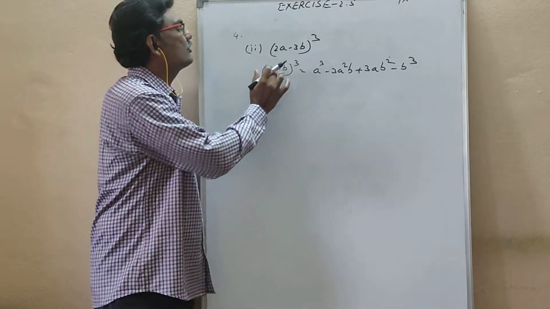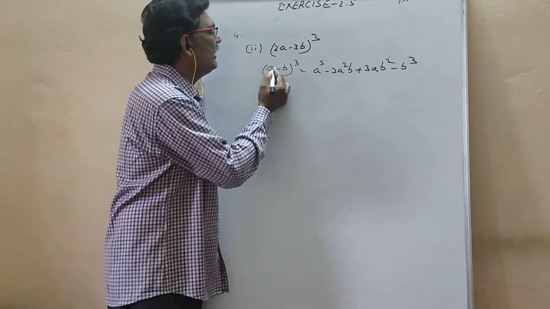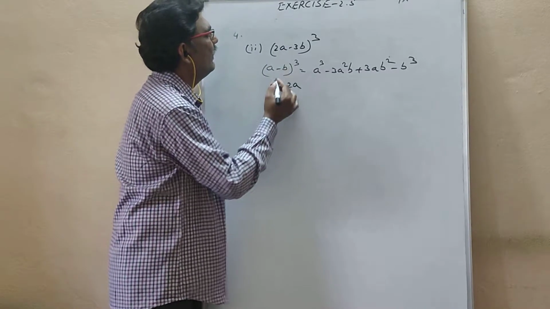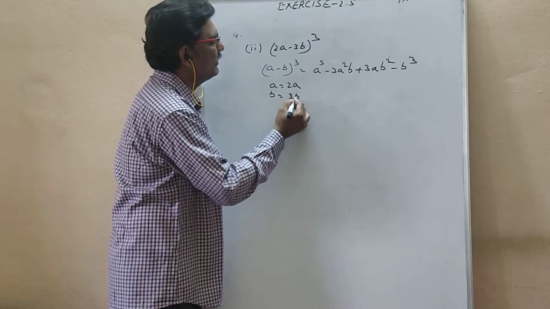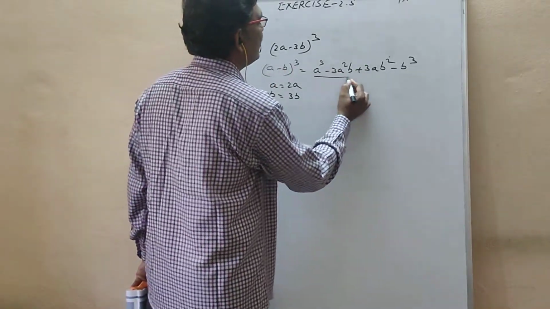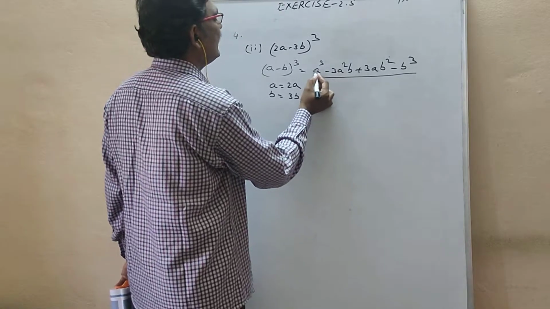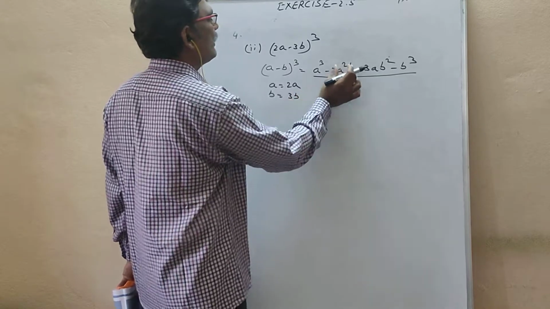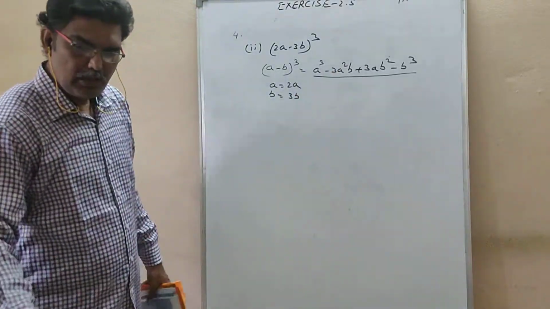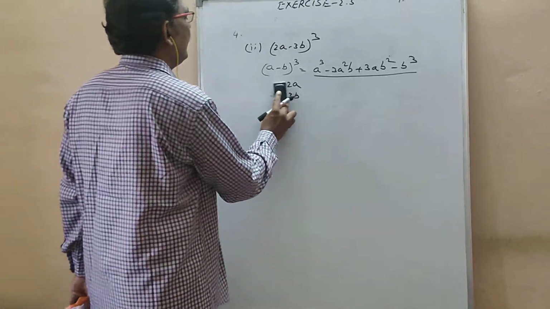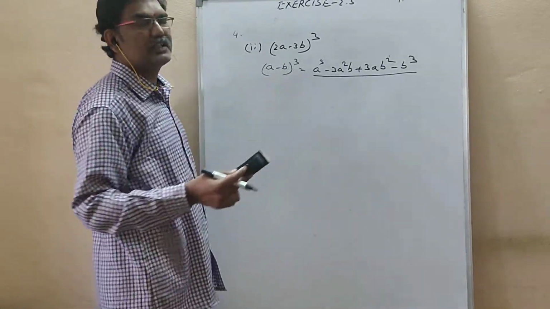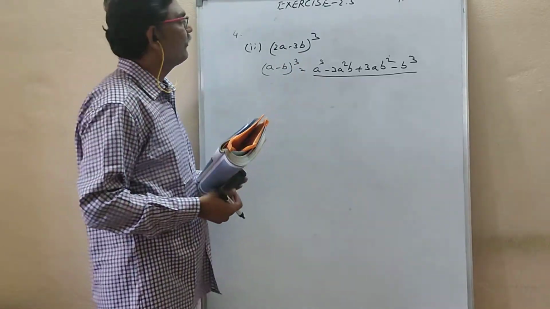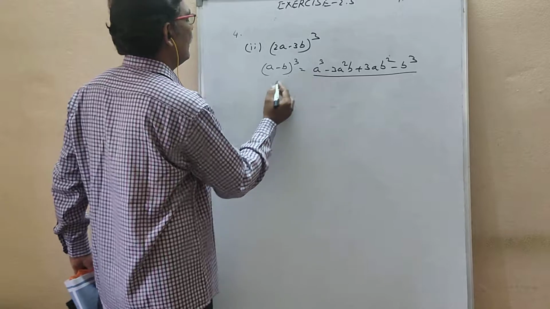Now compare these two. Here a is there. In place of a you have 2a. Wherever a is there you have 2a. Wherever b is there you have 3b. On the right side, in this entire expression, where you are seeing a, you have to substitute 2a. Where you are seeing b, you have to substitute 3b. That's it. Now, how to do substitution? If you write the formula, you will get some marks. If you substitute perfectly, you will get some marks. Substitution, see how I am doing.